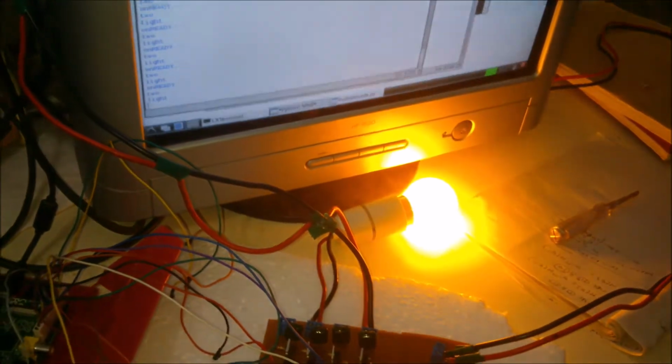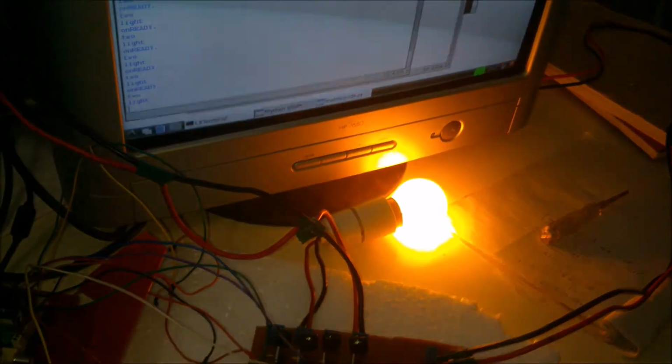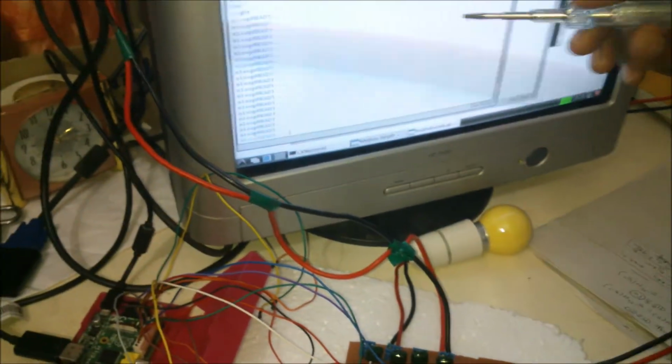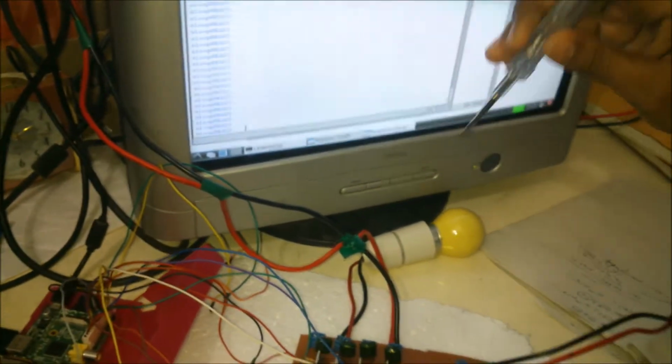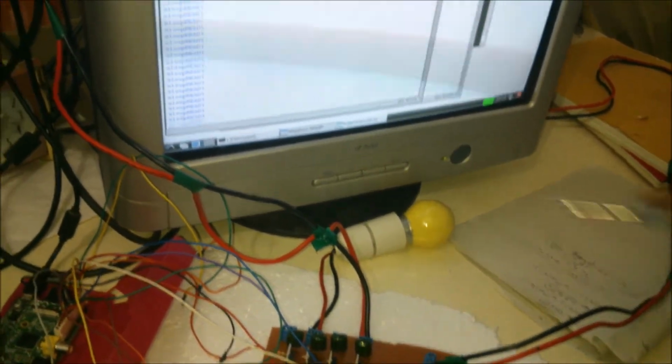Sleep. Yeah, this is what sleep means. Sleep means all the lights have to be switched off. We don't want our fan to be switched off while we are sleeping, so in the sleep command only the lights turn off. Light 2 on.